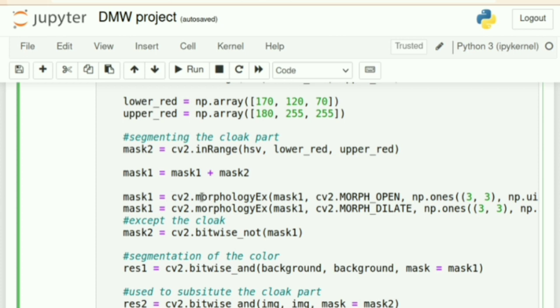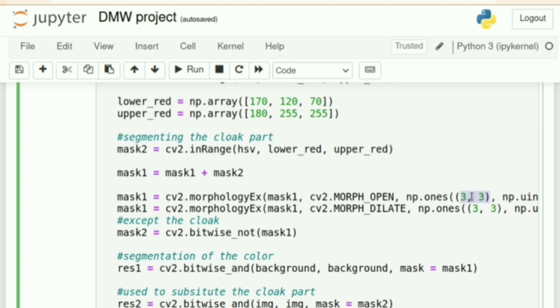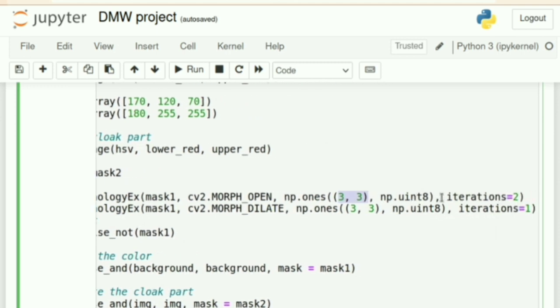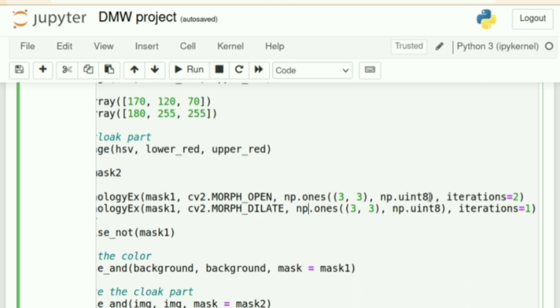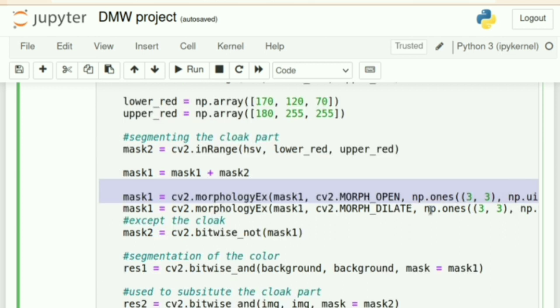For that we have to remove the noise using this morphology, this open function we are going to use, and the 3D images are there. That's why we are passing 3. These are nothing 2D. So x for x-axis and for y-axis we have to give this 3 and 3. Okay, and iterations I have provided here 2. If you have more noise in your background, then you can increase this iteration number. Okay, for now I have given the value 2, or 1 you can use. So in this way we have to remove the noises from our mask 1.